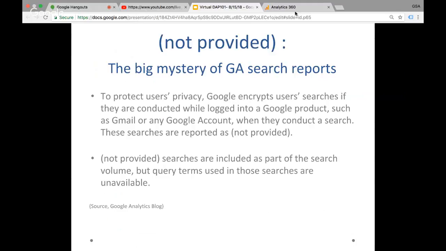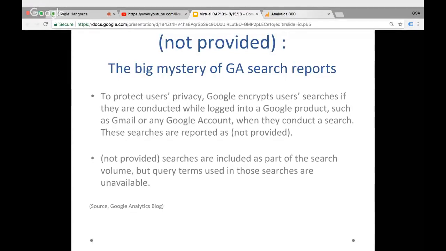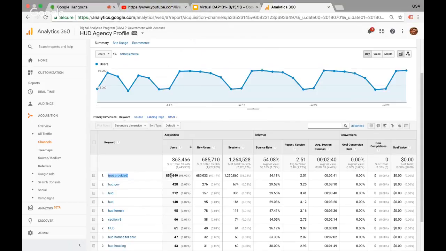Any of these keywords that I search for are not tracked. They're simply listed and reported as not provided. And that is what this means here. So that's obviously a challenge. Now, you do get the data from these not provided searches, but figuring out what keywords are most important to your users is a challenging topic, right? You can't do that in this report. You can just understand high level